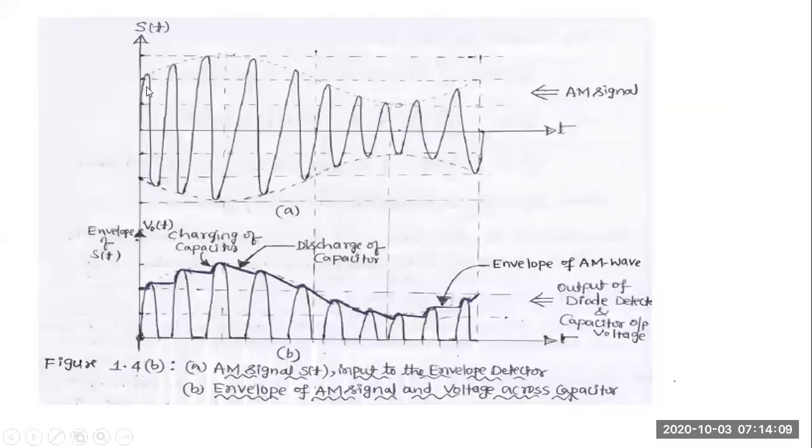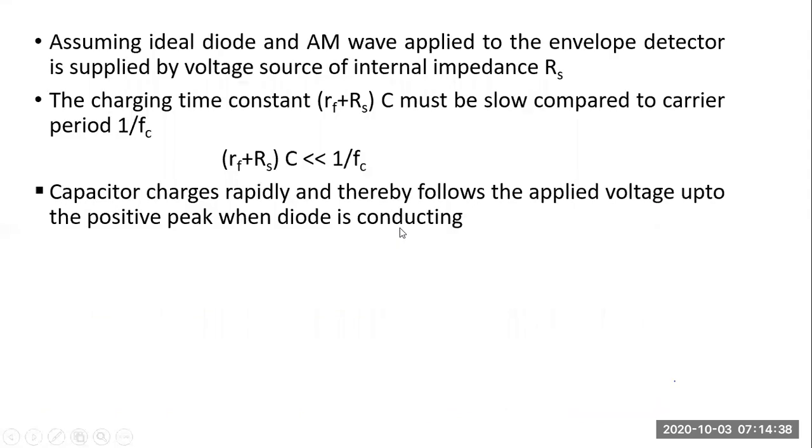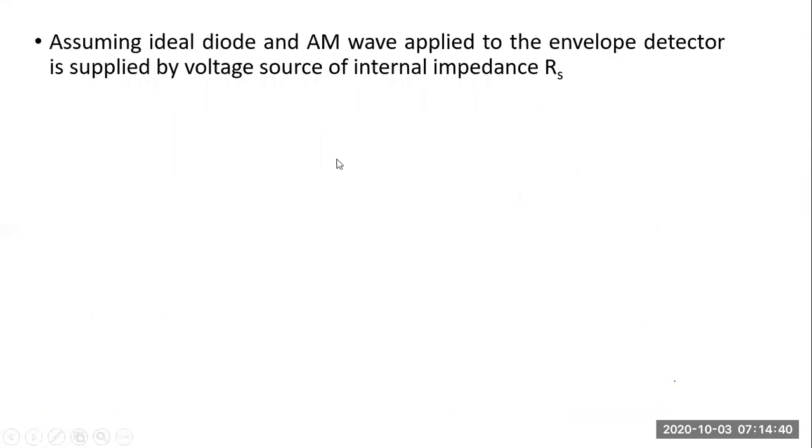So the shape of the actual message is sinusoidal in shape, which is carried in this imaginary line joining all the peaks in the AM wave. And we are able to get back that imaginary line using this envelope or peak detector. Only thing is, we have a small ripple in this sine wave, which could be easily eliminated by using a simple capacitor filter or something like that. Anyway, so let's see what is the charging time and discharging time.